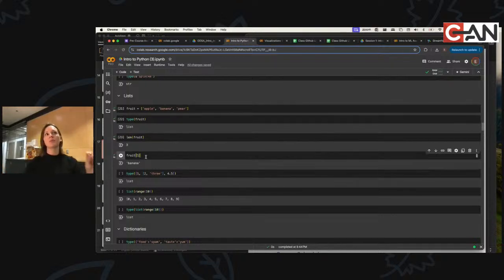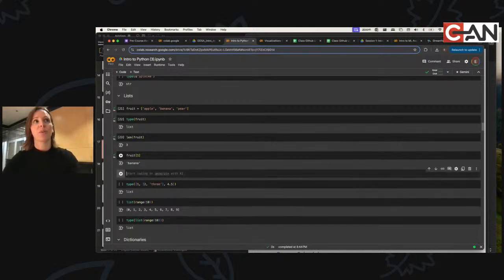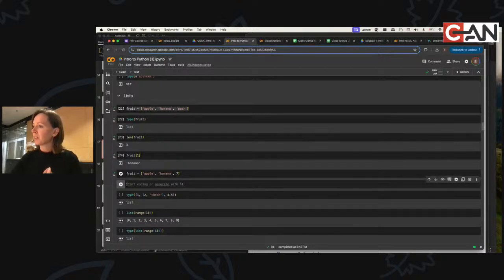Also, what is very cool about Python is it allows you to store different types in a list. A list does not have to be of all one type. This is not true of all programming languages. So, for example, in my fruit list, totally valid, I could do apple, banana, pear, 7. And it will let me. So sometimes Python can cause you some heartache if it will let you make weird mistakes. It will let you do weird things. That's sometimes the benefit and the curse of it.